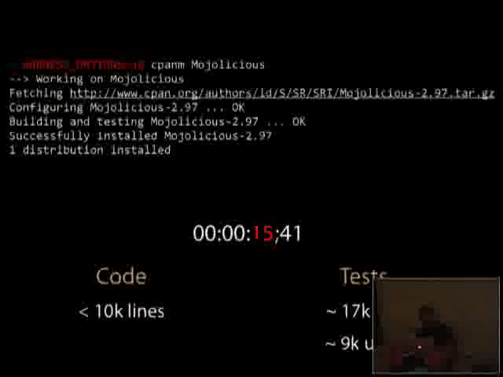I think that's fantastic, for at least two reasons. First, you don't have to worry about whether it's going to install, or whether you're going to have a problem deploying. It's going to install. There's only one module, and it takes 15 seconds to run all of the tests. That's awesome. But even more than that,